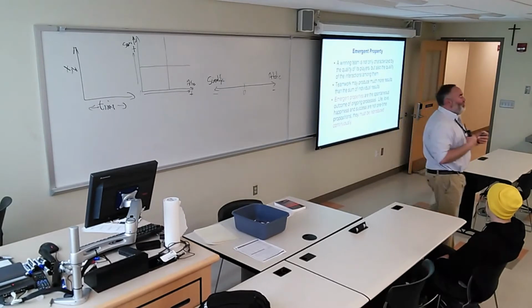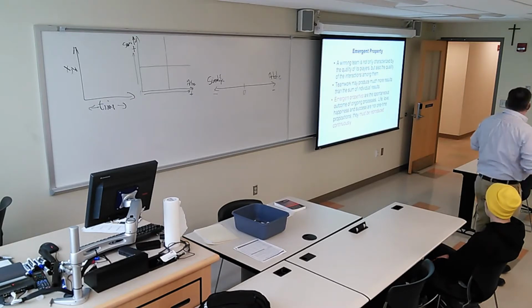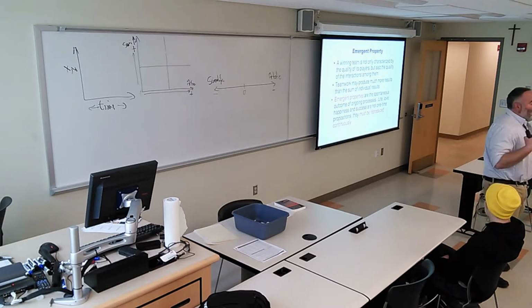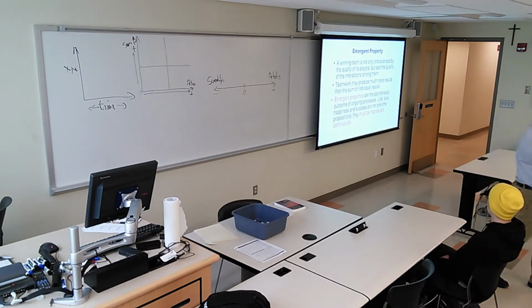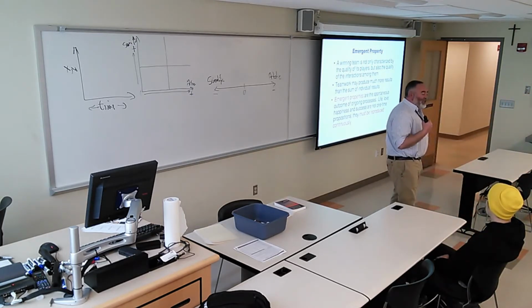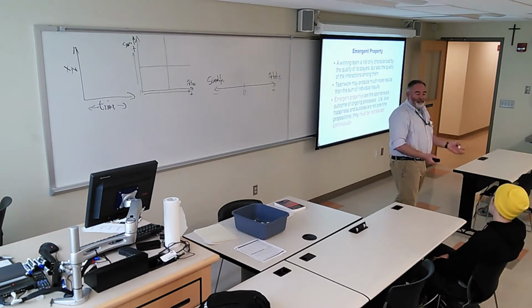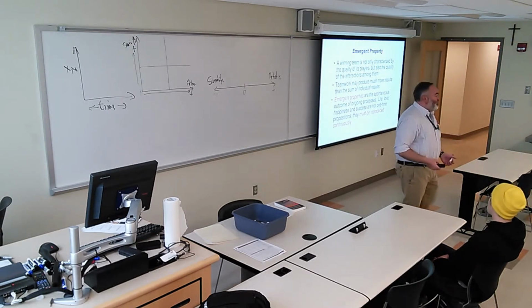Those are properties that you can measure only when the system is working. When it comes to athletes, talking about teams, creating a winning team, whether it's a winning basketball team or a winning bowling team, a winning checkers team, a winning any team, you can't measure how winning the team is until you put the team together and you practice and then you play. You can't just look at the individual players.